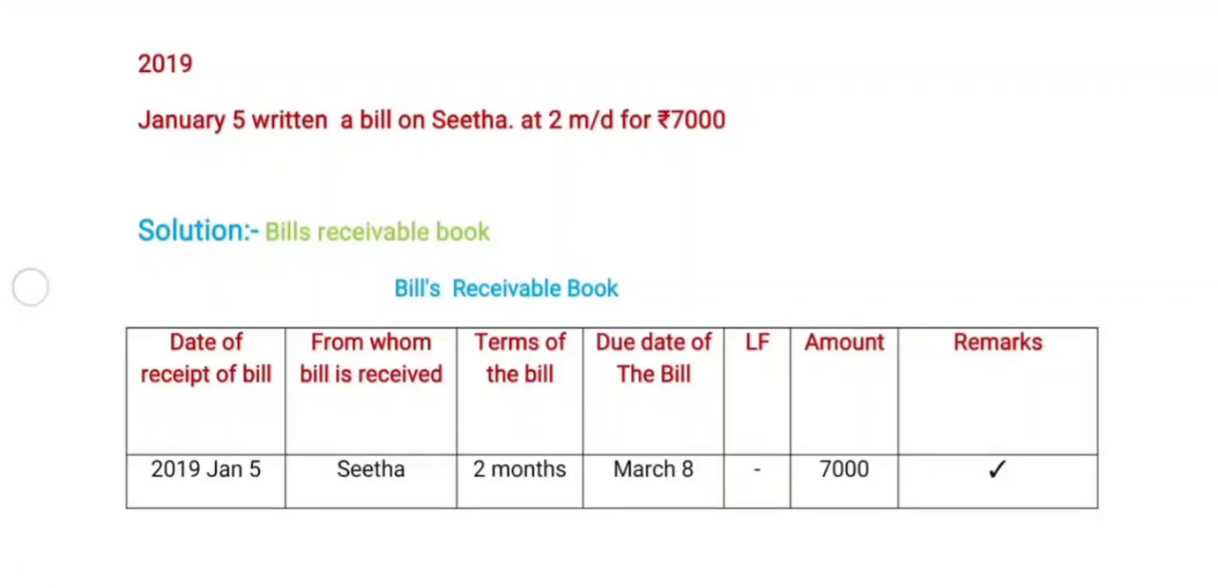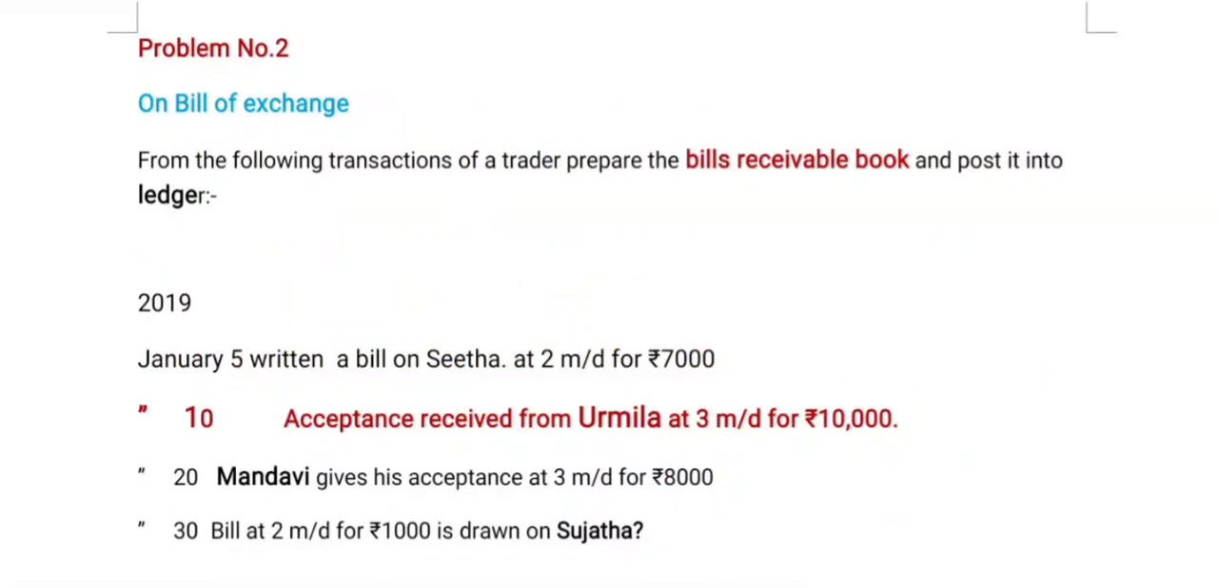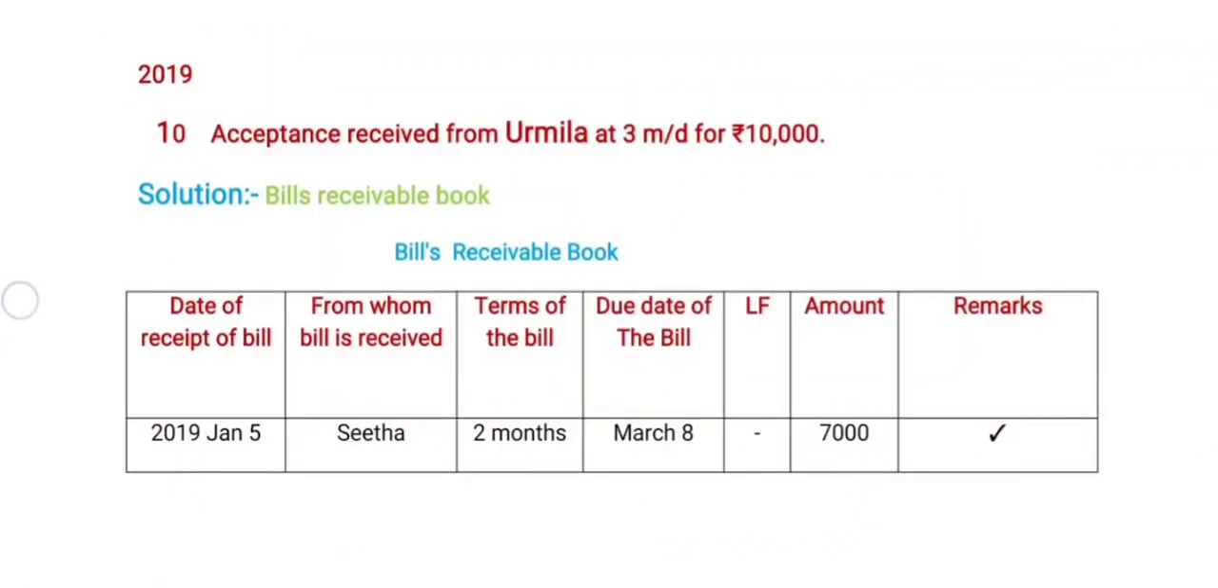Remarks: there are no remarks given in this particular transaction. We are accepted. Now coming to another transaction. 10th January, accepted received from Urmila at 3 months date and for rupees 10,000. Now we are coming to the second transaction, that is 10th January, accept received from Urmila at 3 months for 10,000